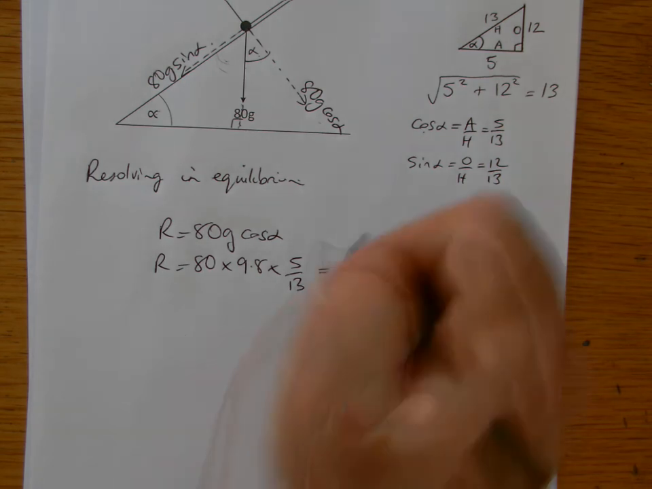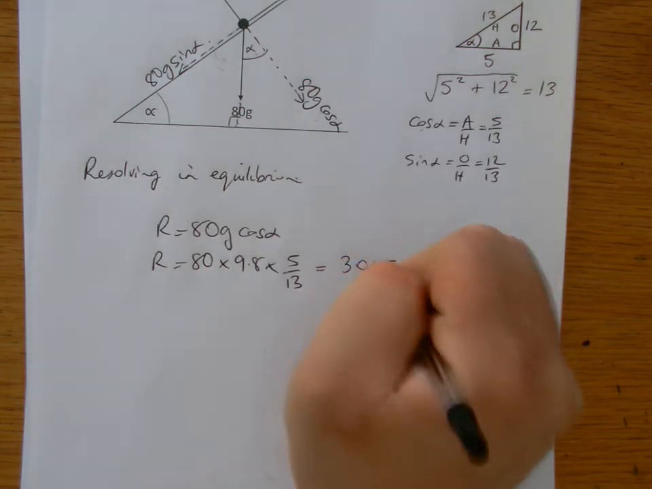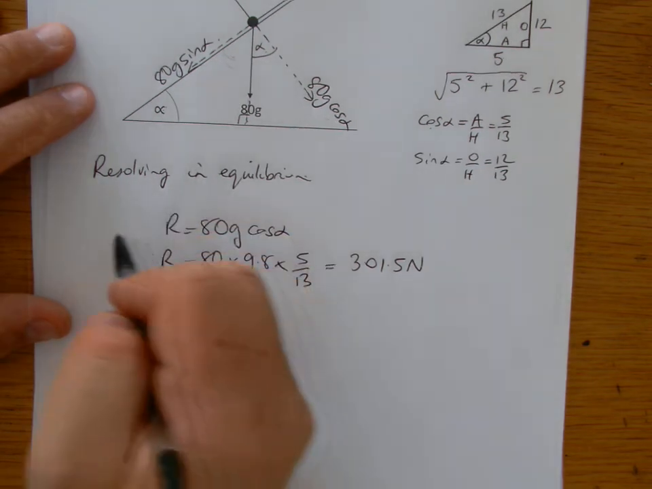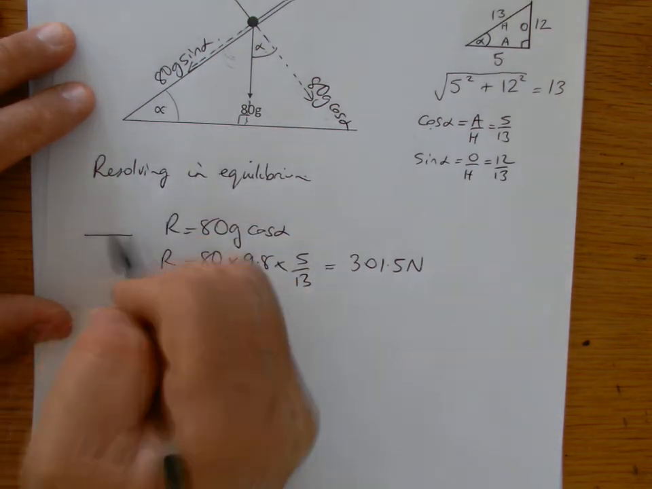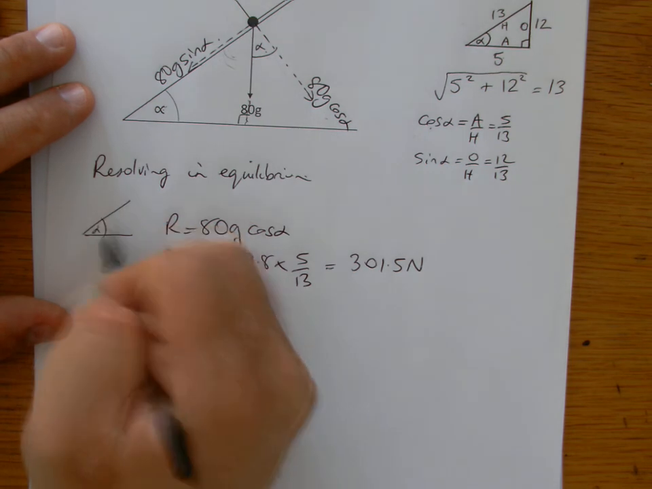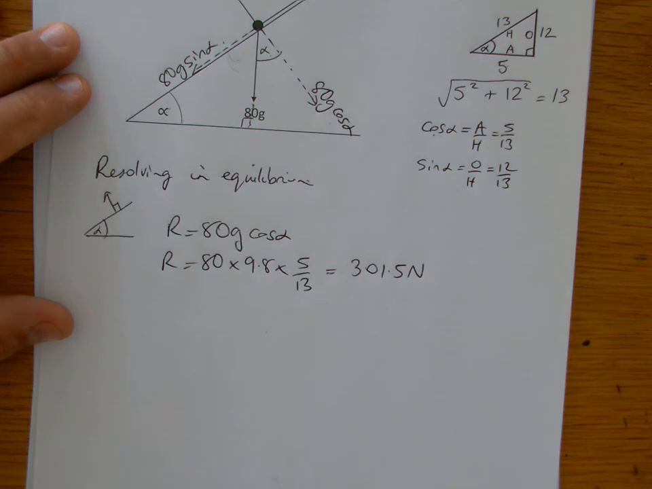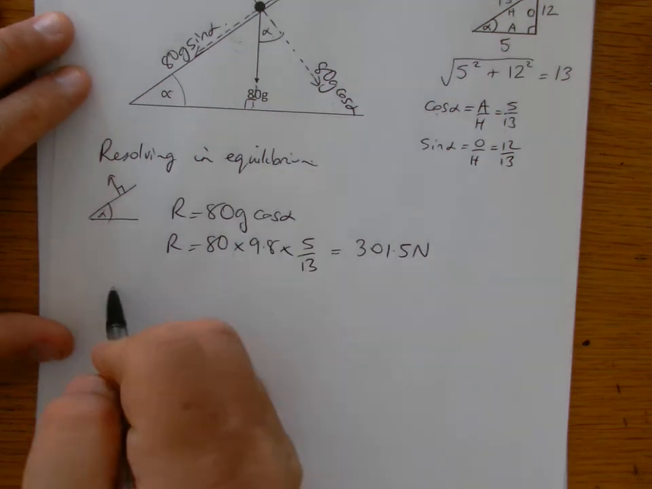That comes out to be 301.5 newtons. So that's resolving perpendicular to the plane, isn't it? So if I've got that there, we're resolving in that direction, perpendicular to the plane. And then if I resolve parallel to the plane,